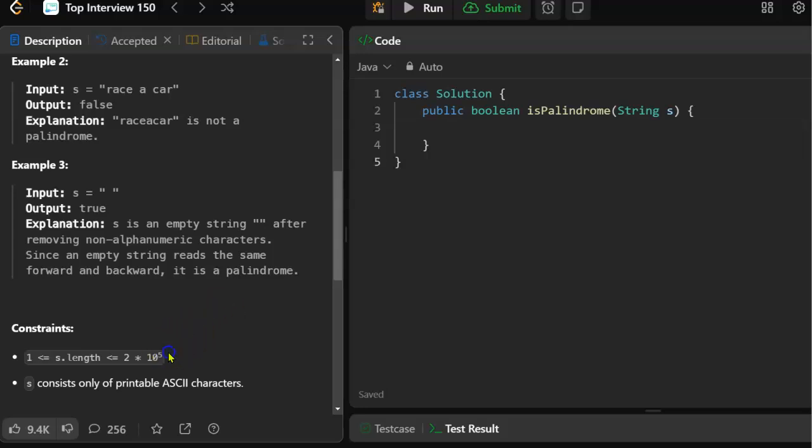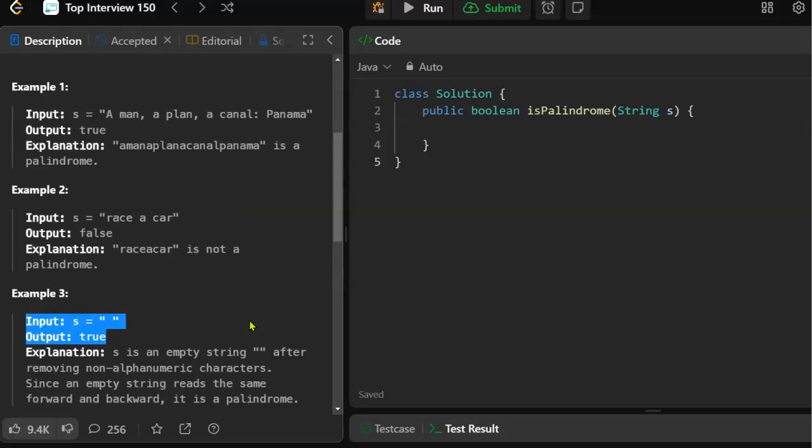Well, we look down here at the constraints. We're not going to get an empty string as input, but it is possible that we may get a string that doesn't have any alphanumeric characters, in which case after we remove them, it is an empty string, but by definition, an empty string is a palindrome. So